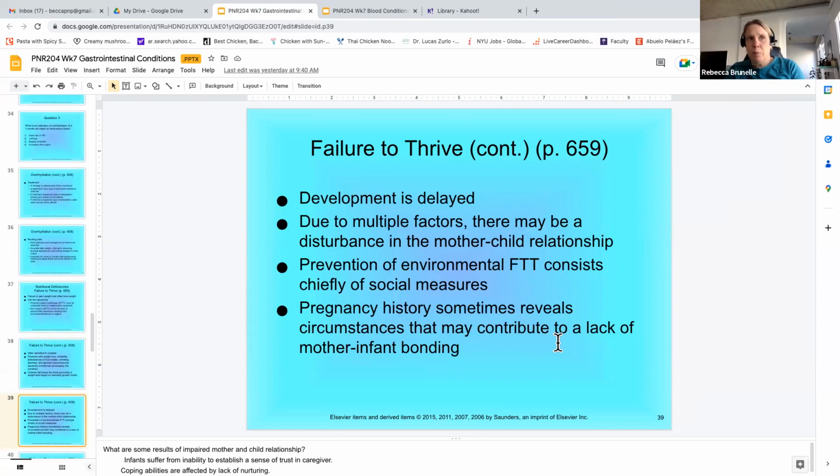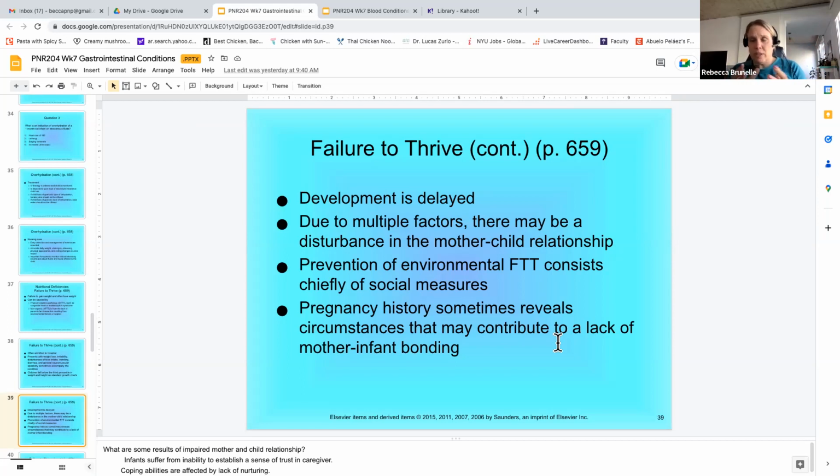All of the things that you said were really good. Remember that it can be neglect, so you're going to have to have that out there as a possibility of what's going on. But that doesn't mean that the mom's destined to lose custody of her kid or anything like that. Maybe it's an education issue. Maybe there's something that you can address. There's some financial stress, that she's not able to buy the formula, that you can address. So you have to really get into what's going on and help the mom problem solve.